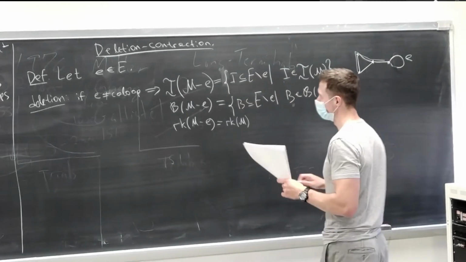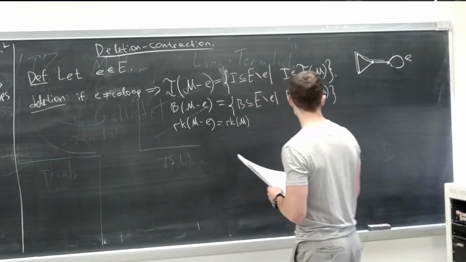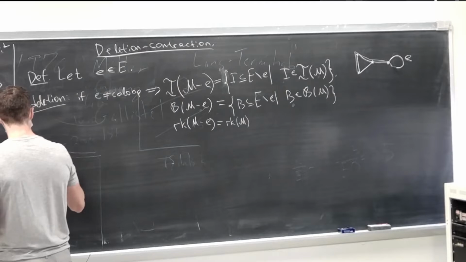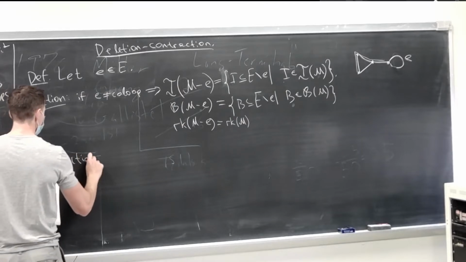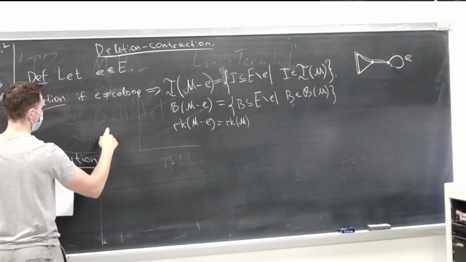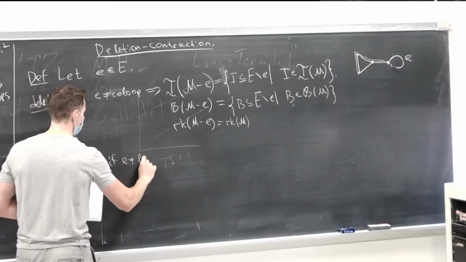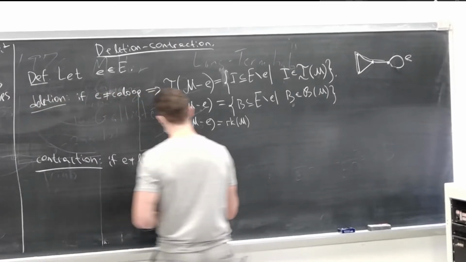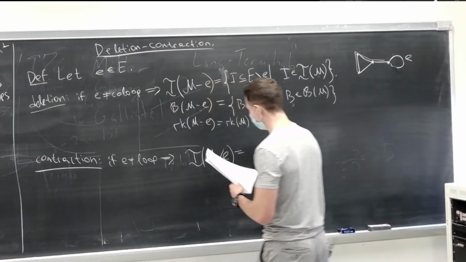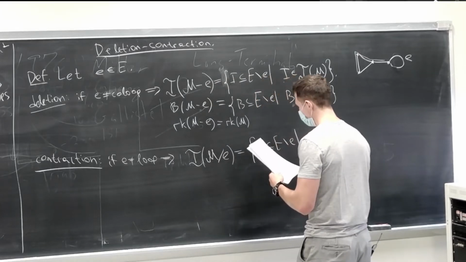Yeah, so what you're talking about is actually the contraction solution. Let's see what happens for contraction. Here E is not a co-loop, and these are going to be dual to each other. So assuming that E is not a loop, then indeed you can define independent sets of the contracted matroid as I subset E minus E, such that